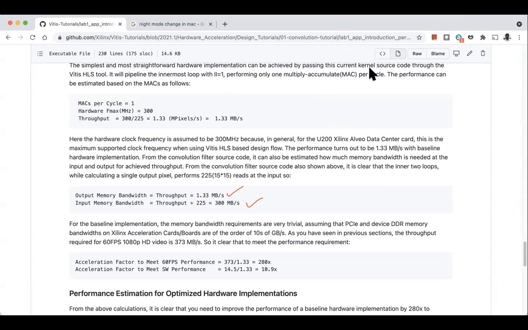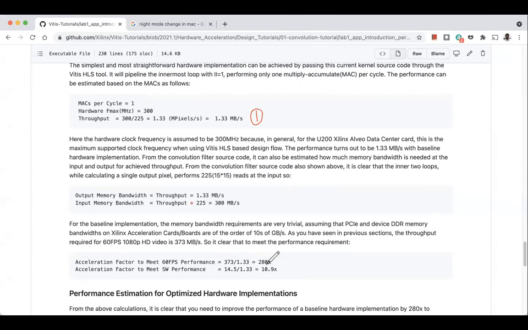So the version 1 of our design, the first effort in moving from CPU to GPU to FPGA, gave us a throughput of 1.33 MB per second. And in fact, in this process, we lost out, because on CPU we are able to get some 10, 12 megabytes per second.